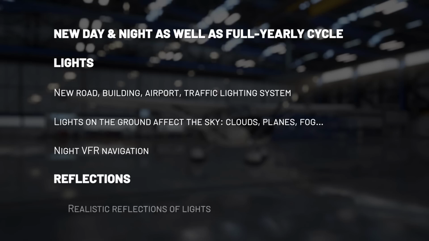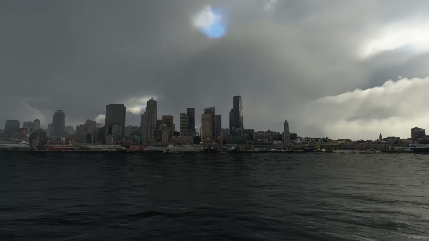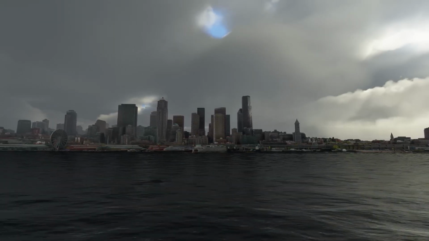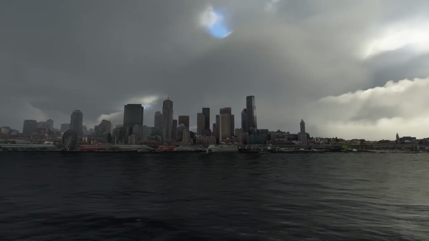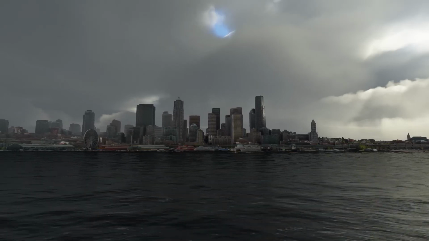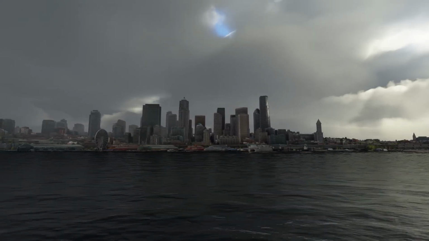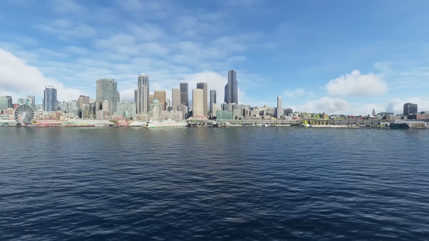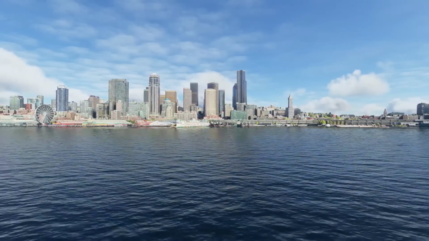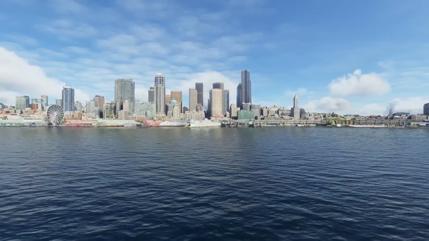which is also rendered as any layer of the atmosphere. It sounds weird, but it's actually the case. So you can see on those videos that during a dark day, the water will be super dark and the reflection of the buildings are really dark. And in a bright day, you can see that suddenly, in this case, the Seattle Bay is pretty colorful,